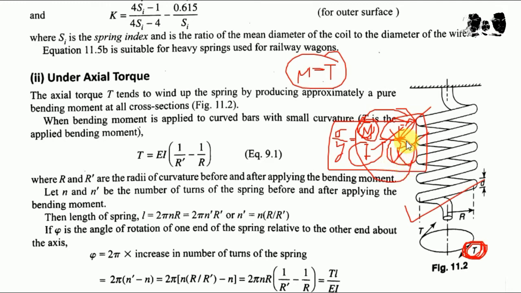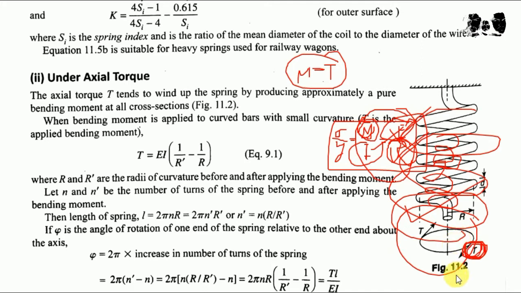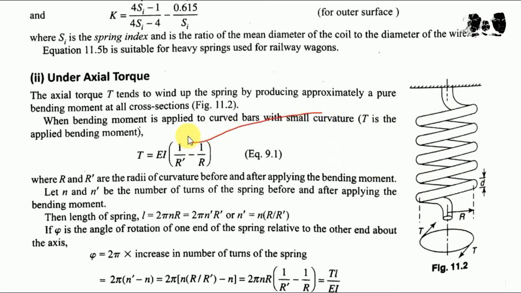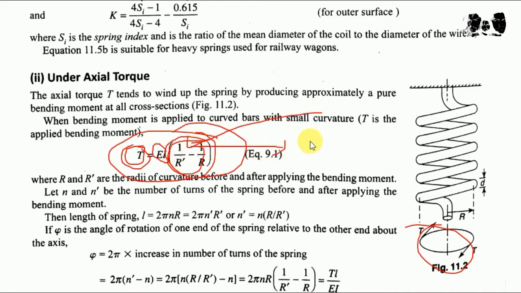Now the left part is capital R, because due to applying the torque on the spring, the radius of a coil changes. Either it is going to reduce or it is going to increase. In either case, the radius has to change. So by applying this bending equation, we have the formula T is equal to EI times 1 upon R changing, due to torque T or due to bending moment. But in this case we have a torque T in place of bending moment. So the 1 upon R value becomes 1 upon R dash